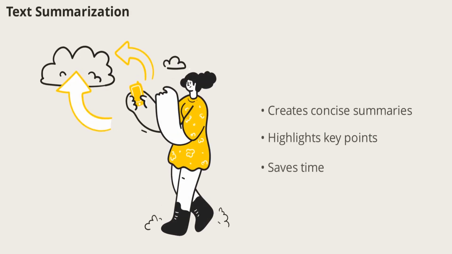Text summarization is an NLP technique that automatically generates concise summaries of longer documents. By identifying the most important information, NLP systems can help users quickly grasp the main points of articles, reports, or emails. This is especially valuable in today's fast-paced world, where information overload is common. Text summarization saves time and improves